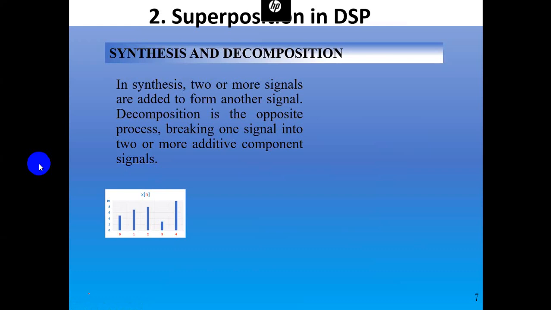Synthesis operation, decomposition operation, it was also discussed in the last class. আজকের ক্লাসে আমরা ফার্দার এক্সাম্পল দেখি।